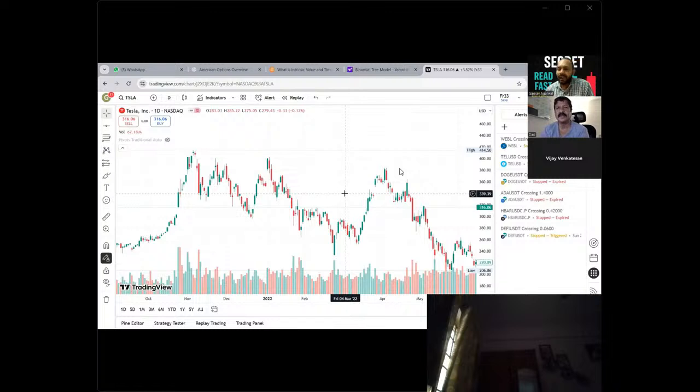I just bought some scanners actually. There are some screeners created for the Indian stock market, which I have purchased. I pay around 750 rupees per month for that scanner, because it helps me filter out the stocks. Let's say the scanner gives me 15 stocks, so I have to see only 15 stocks. But if I don't have a scanner, then I have to see 50 or 100 charts, which is difficult. So if you get a chance to buy some scanners or screeners, then I think you can do it.